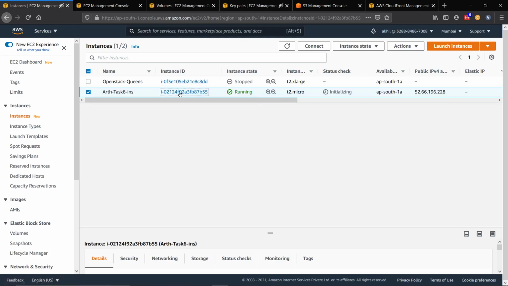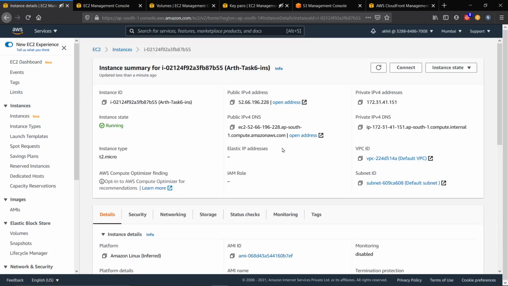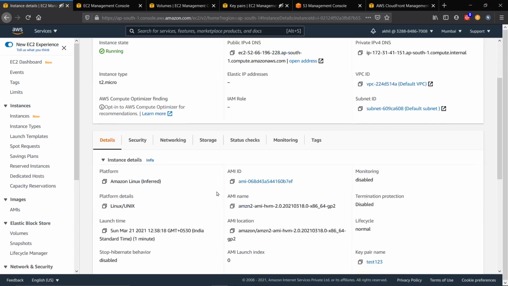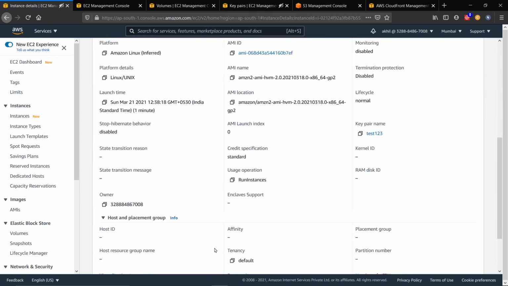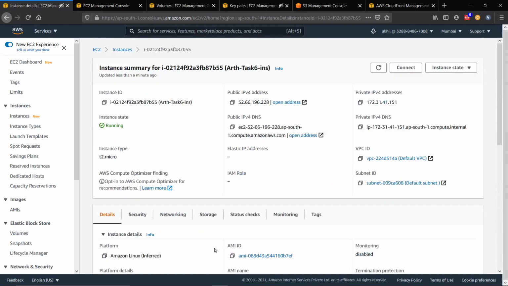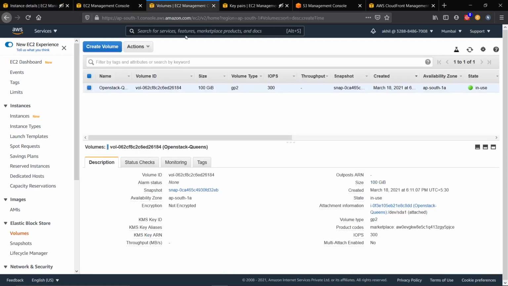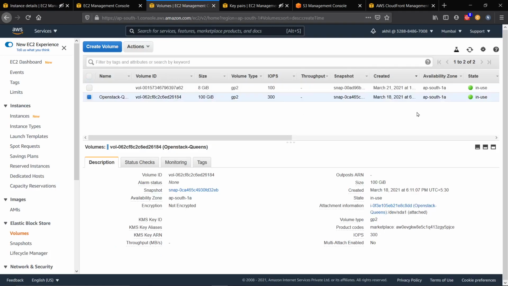We can see the description, like the key is attached, this subnet ID, this is the IP of our instance. So these are the details. So now we will attach an EBS volume of 1 GB to this instance. Right now we can see only the default EBS volume is attached, this one, but we will attach a 1 GB volume more to this.